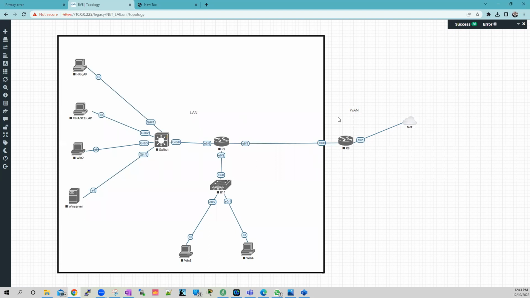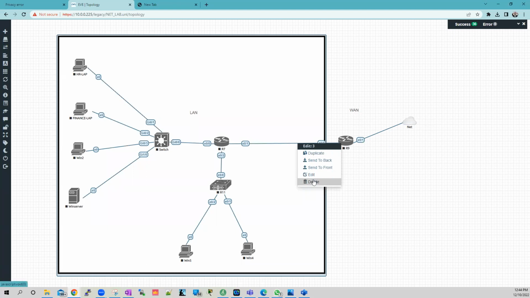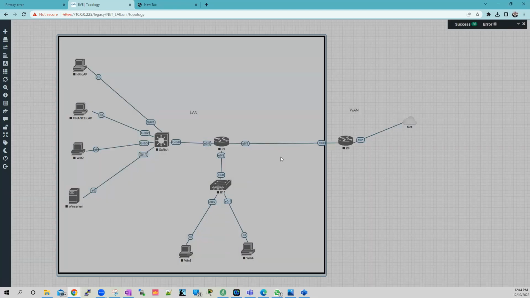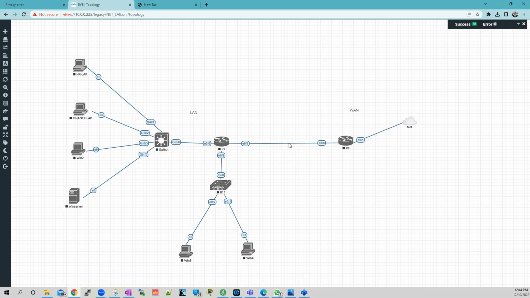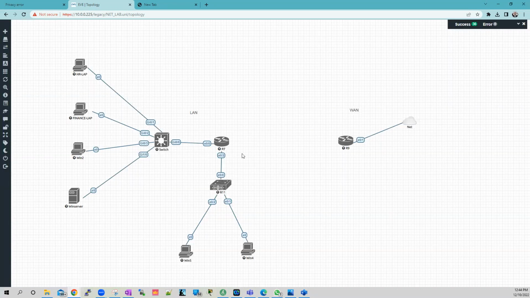So this is the LAN, this is the WAN, and then this is our gateway. Between our gateway and our internal router, there should be a firewall. So that's where we need to put a firewall here. Let me delete this one. I will configure them one by one, and then they will communicate, and then we talk about some routing protocols